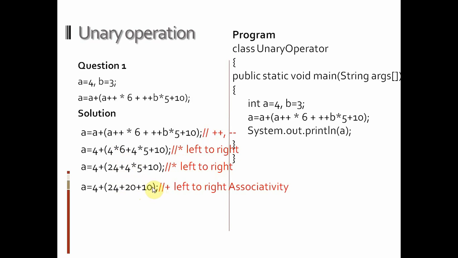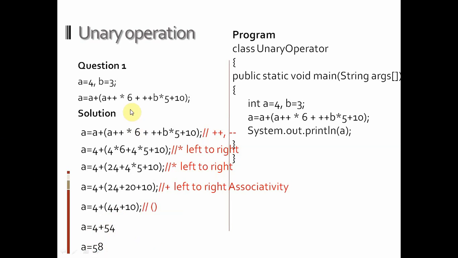Now here all higher priority operators have been solved. Now two lower priority plus operators are left here. These will also execute according to associativity from left to right. So first we will solve this part, it will become 44. Now this only operator will be solved and the bracket will open. So we can look here, we got 54. Now this only operation will be performed and we will get 58. So like this we can solve unary operation.